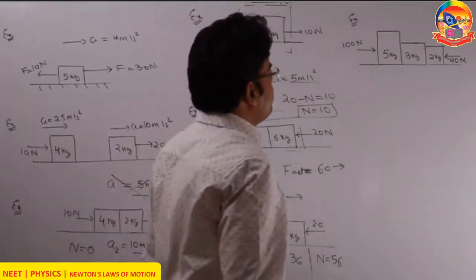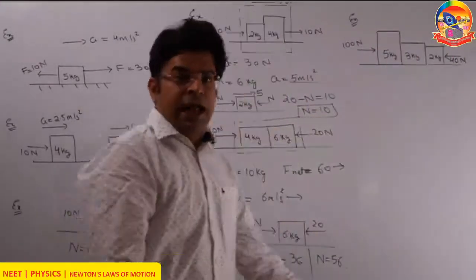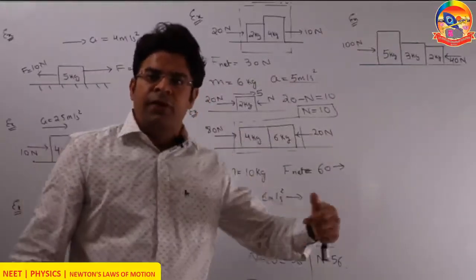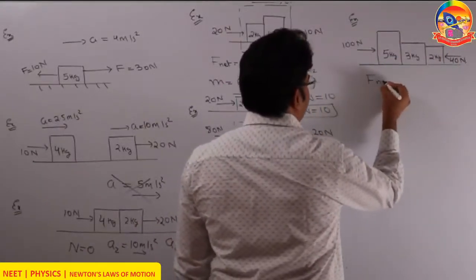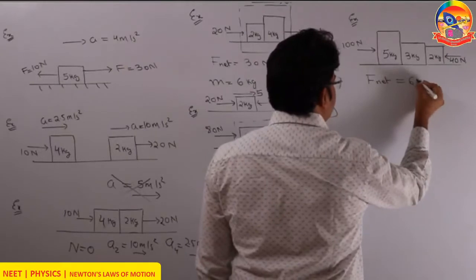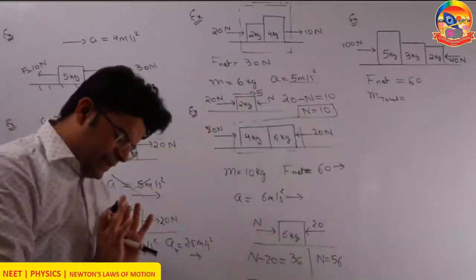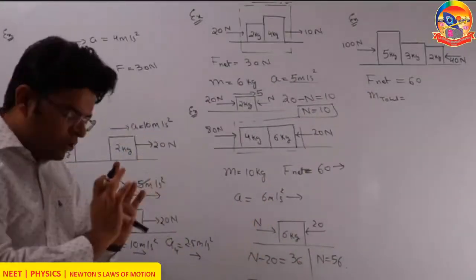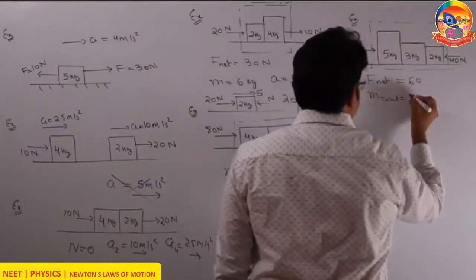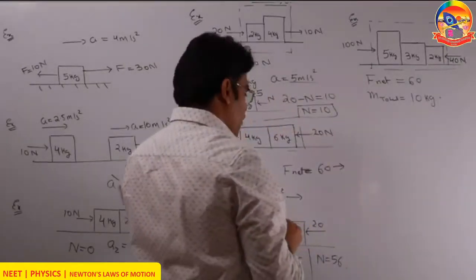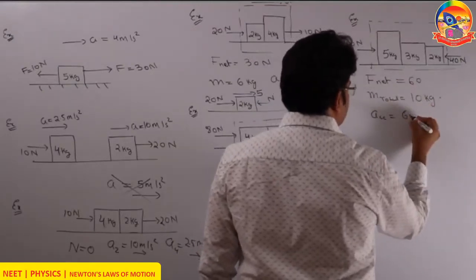Next example. Now let's say rather than 2 blocks, we have got 3 blocks, 5, 3, 2. And somebody pushes from here with a force of 100 and from there with a force of 40. What will be the acceleration? As you can see, the net force on the system is 100 minus 40, that is 60. The total mass of the system, because again all three will move together towards right, is 10 kg. So treat it like a whole rigid body of mass 10 kg, and the combined acceleration of all three will be the net force upon total mass, that is 6 meter per second square.